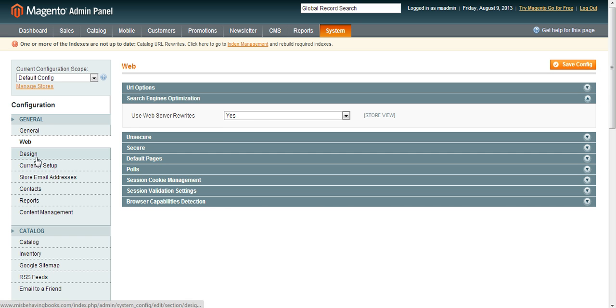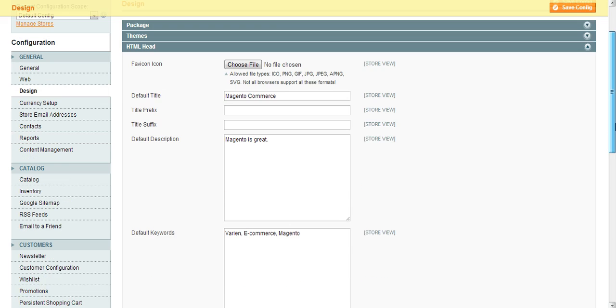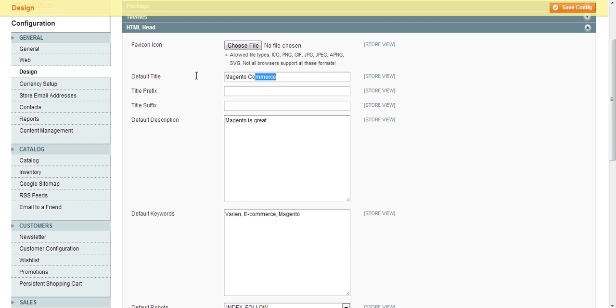Next, we're going to go into General Design and go into the HTML head area. If you've just installed Magento, you'll see some default information for title, description, and keywords that is not particularly useful. You should fill this information with information about your store. So the default page title, let's say we're doing a furniture store, we'll put Frank's Furniture, handcrafted wood furniture since